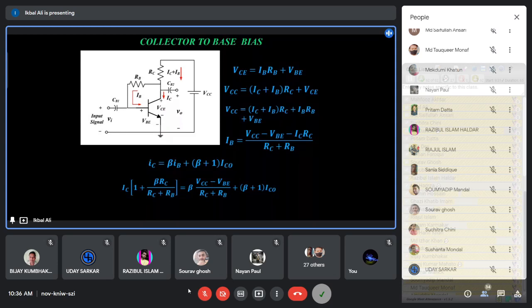এটা বুঝতে পেরেছো তাহলে আশা করি, যে কালেক্টর টু বেস বায়াস সার্কিটটা কেন ফিক্সড বায়াসের থেকে বেটার। যদিও এই দুটো বায়াসিং সার্কিটের একটা কমন কনস্ট্রাকশন আমি তোমাদের বলে দিচ্ছি, একটা কমন জায়গায় এরা এ করছে, সেটা হচ্ছে